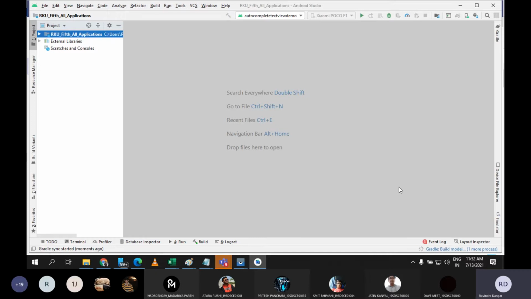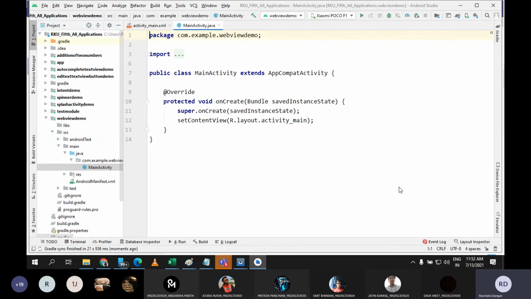So this is a very easy component to implement in any Android application. You just need to remember one method. The method name is loadUrl. Simply using that method, you can load any kind of URL, whatever website you want to display in your application. You just need to get the URL and pass that URL inside the loadUrl method, and that method is of the WebView component. So WebView is also one of the inbuilt components inside Android.